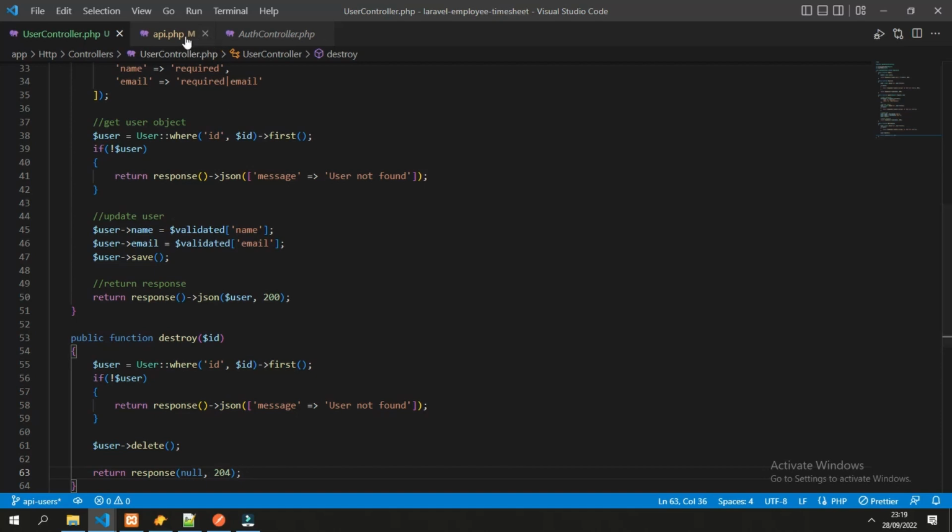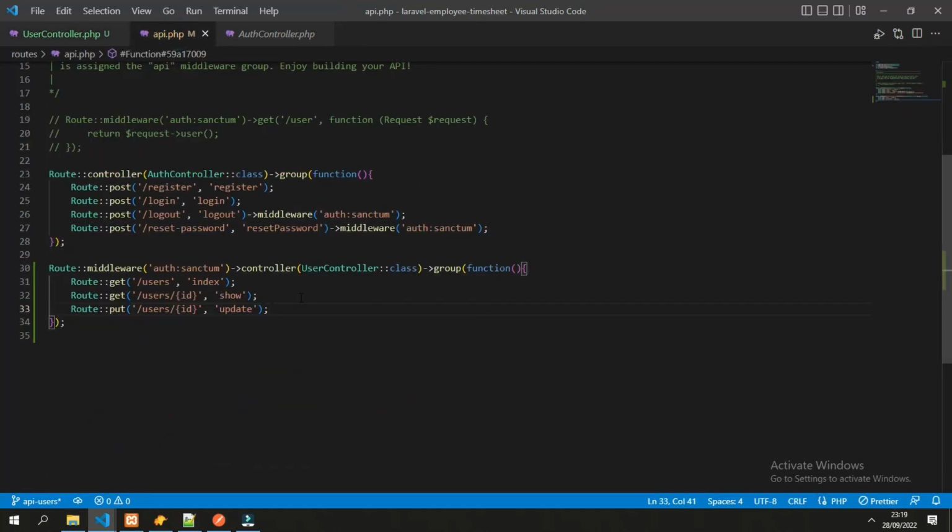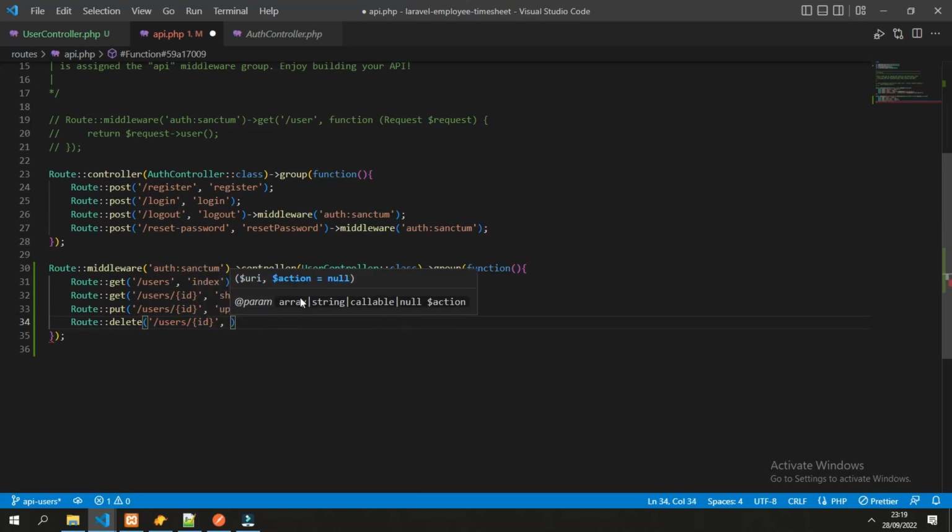Then we can add in the root API, so it will be delete operation with the URL is user and the ID with the action of destroy.